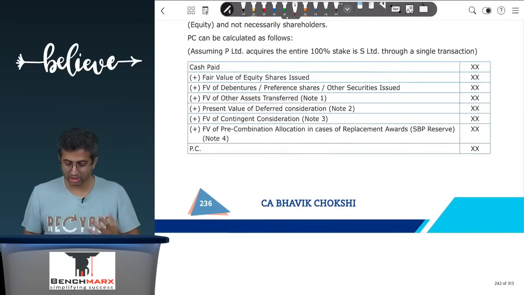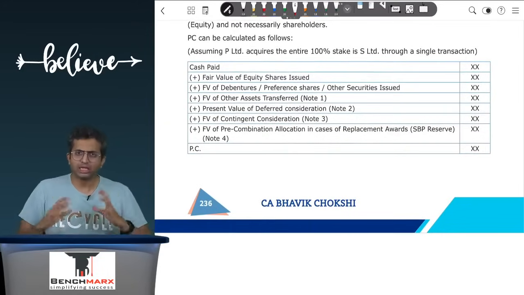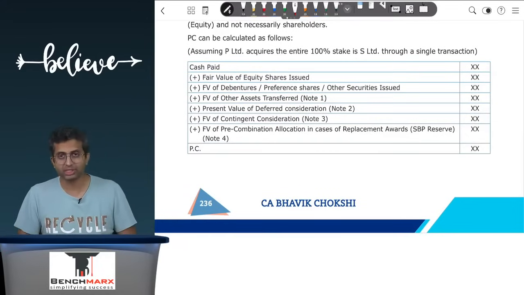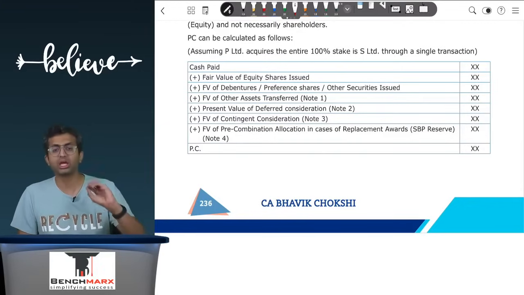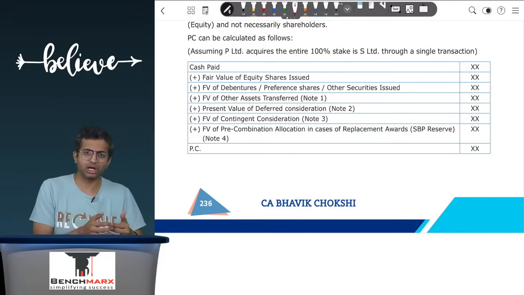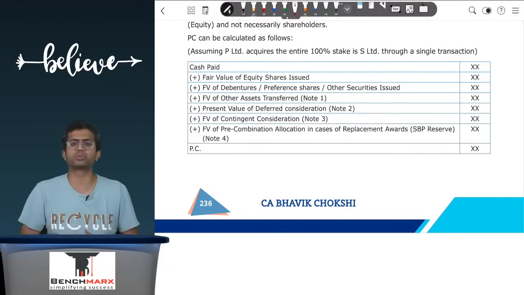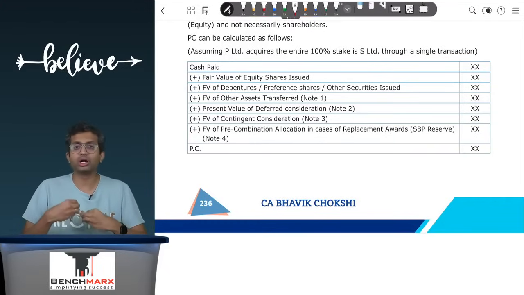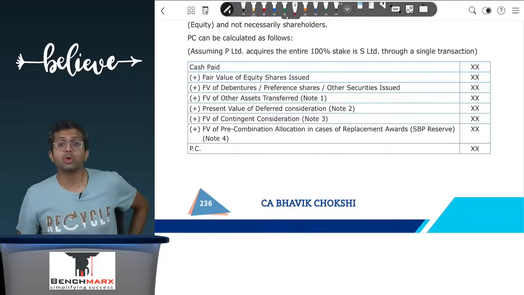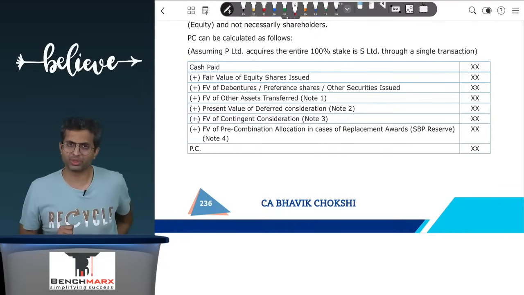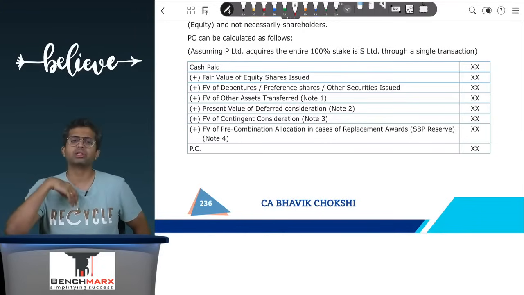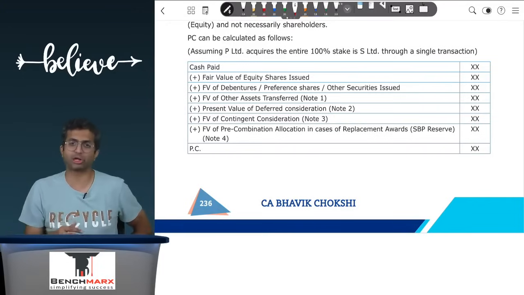And last over here is the case of ESOPs. Now ESOPs usually have a vesting period attached. So let us say there is a vesting period, for example, of 5 years, out of which 2 years have been served, in which case we might agree to replace the existing ESOPs by new ESOPs of the new company. Like we agree to replace the existing shares held by the existing shareholders with new shares of the parent company. That is a part of PC. So when I pay shares, my own shares, to the shareholders of the selling company, then the shares I am issuing are a part of PC.